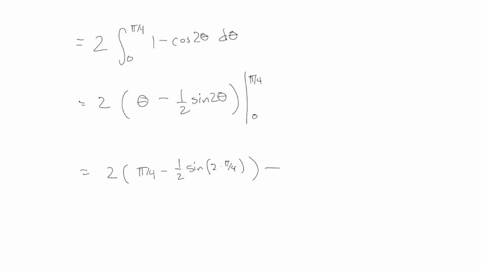That was the first value, pi over 4, and then minus, plug in the second value of 0. So it's 2 theta minus 1/2 sine of 2 times 0. All right, and just to simplify everything, pi over 4 is what it is, and then this part 1/2 sine of, I guess, pi over 2, because that's 2 times pi over 4 inside there,